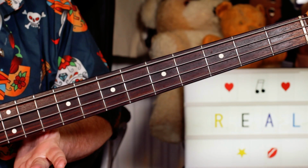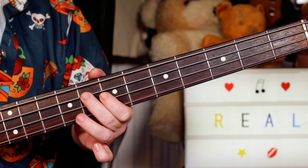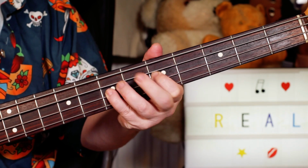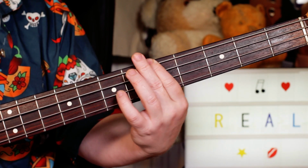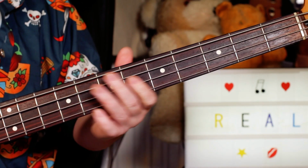The whole thing goes up a tone. So you play everything 2 frets higher. So I've got F to E on 8 to 7 on the A string. Hammer, 5 to 7 on the D string. G to A. Then A on 5 to G on 3. And if you play that variation where you climb back up,